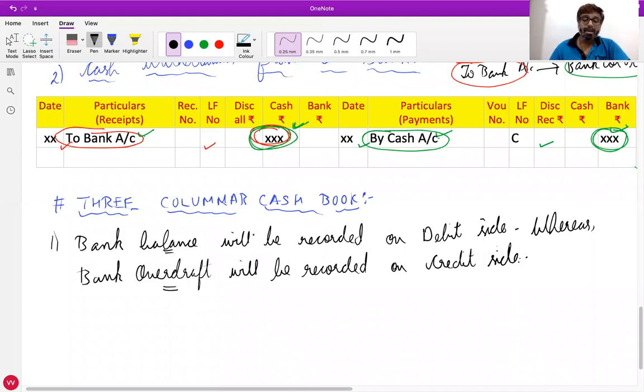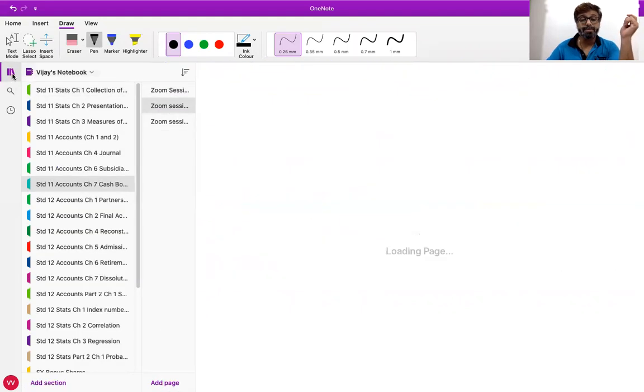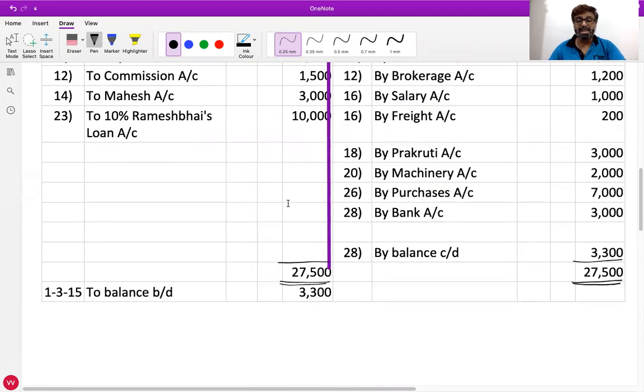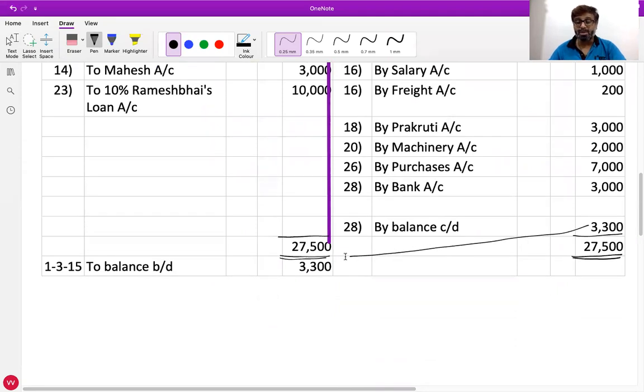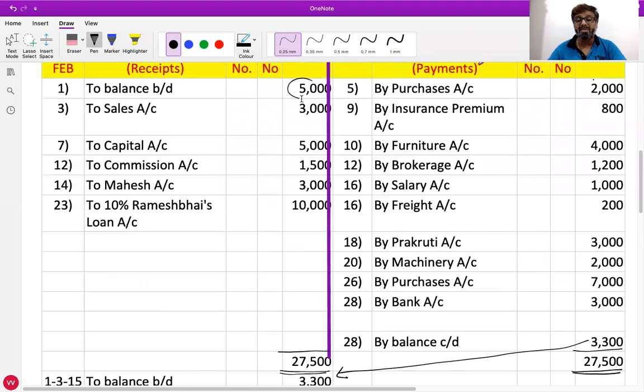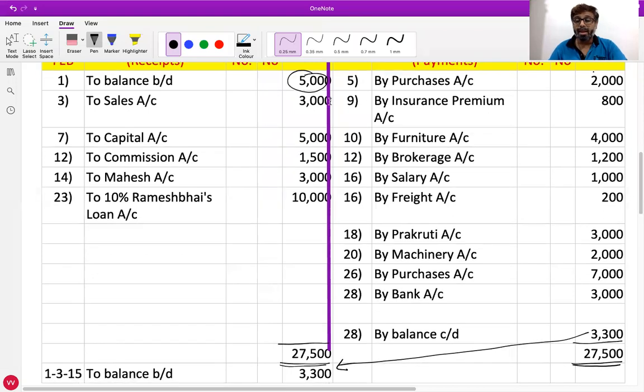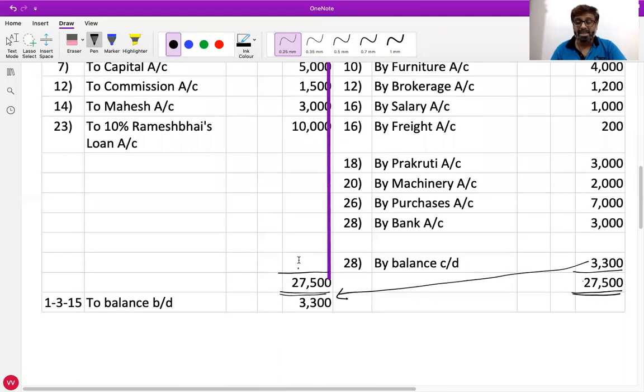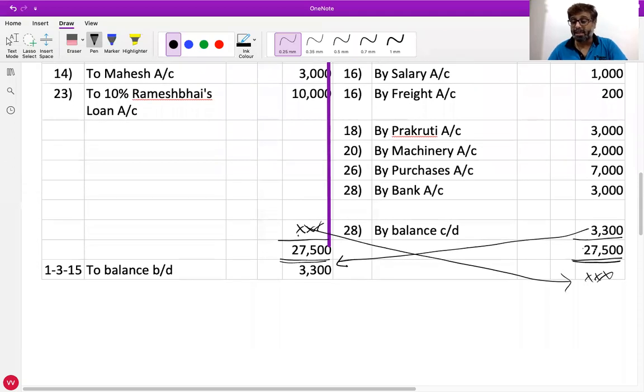Yes, sir. Now, yesterday I told you cash balance, why does it come on the debit side? Because receipts are more than payments. I told you this balance comes on the opposite side, which becomes the opening balance of the next month. In case payments are more than receipts, then the balance will remain on the debit side, and in the next month it will come on the credit side. If payments are more than receipts, then the payment side total will be more and the balance will remain on the debit side. And after the total, next month, it will come on the credit side.